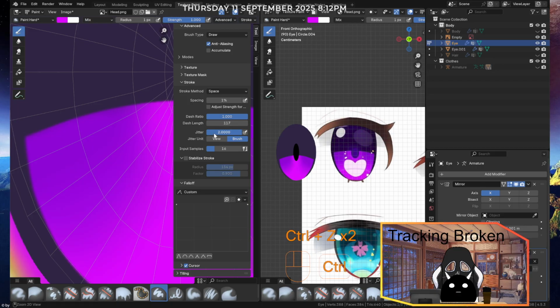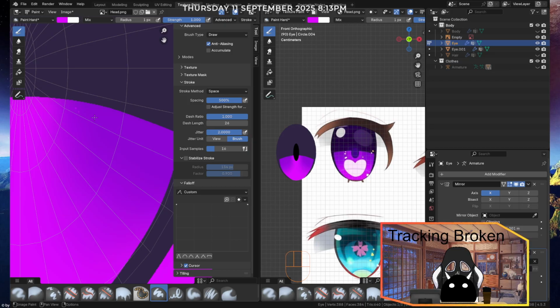Wait a second, no, that's not the thing. What was dash lane? 25 or something? I think that's the thing I need. So we don't overdo it, you know? It's just spacing. Hopefully I didn't mess up my